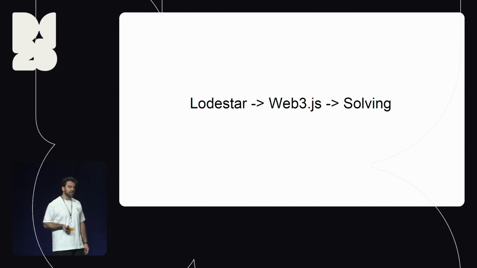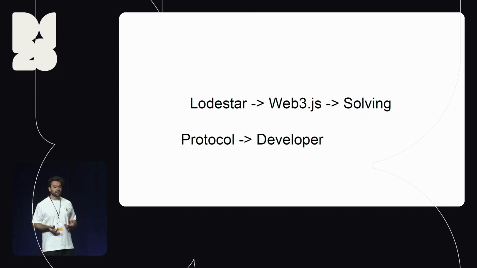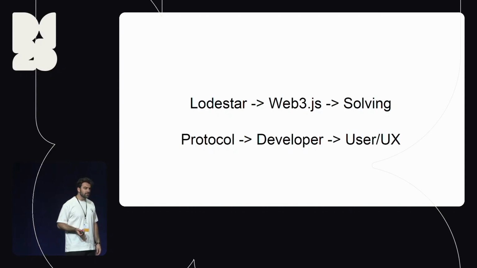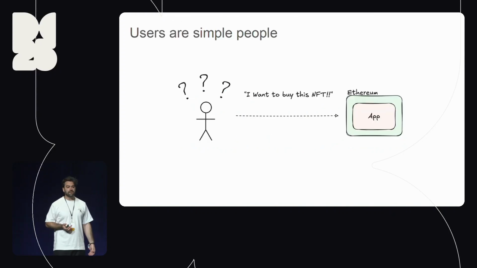And it's quite relevant because if you look at the course of where I focus and the things I do, from core development, the user group, rather, is the developer, and then I've ended up on the user UX level. Even though most of my time used to be core development and then moving into the solving space, the end goal where I got to is UX. And it's fundamentally where I think there's a lot of improvements we can still make, back down through the provider libraries and back into the protocol, to improve everything.